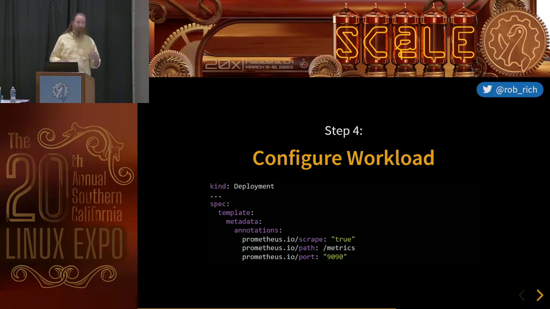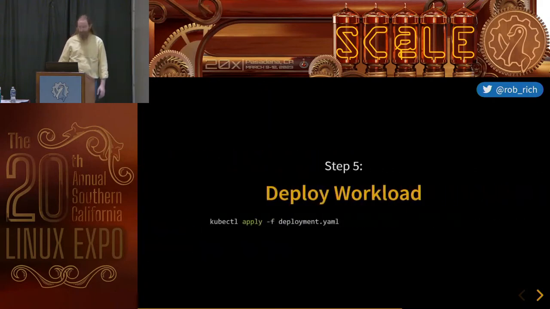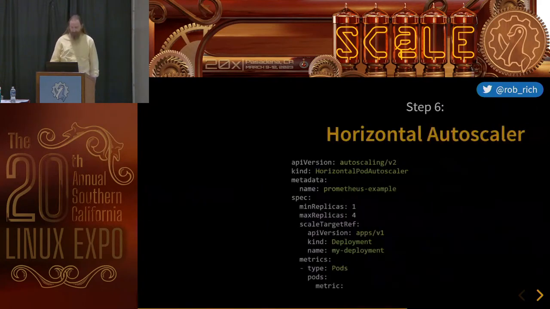So perhaps Prometheus is measuring not only the memory and CPU, but it's maybe measuring the requests per second, or other metrics about our application, database latency time, amount of resources cached, queue length within a particular function, and we can now scale on anything that Prometheus can measure, which is excellent. So now we'll deploy our workload. We have those annotations here inside our deployment, so we don't need to build anything wacky here.